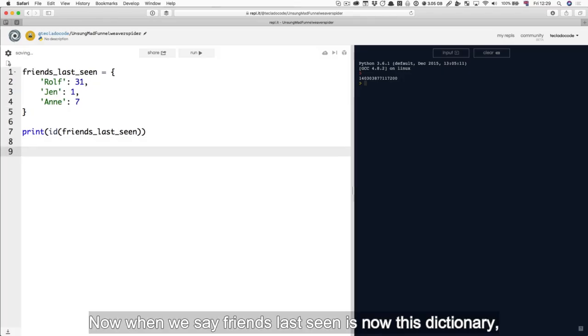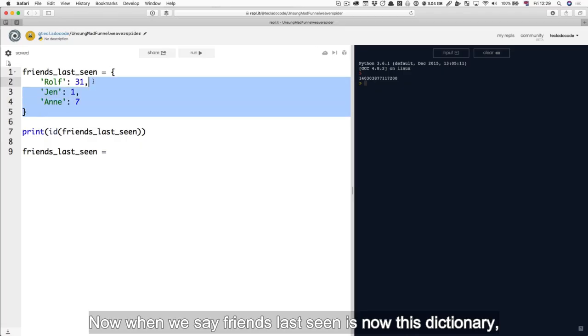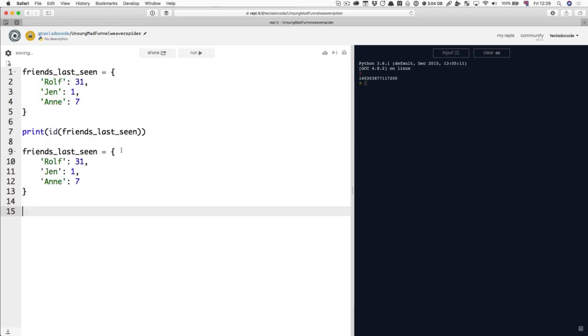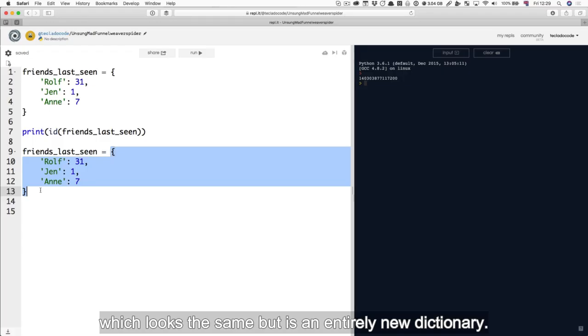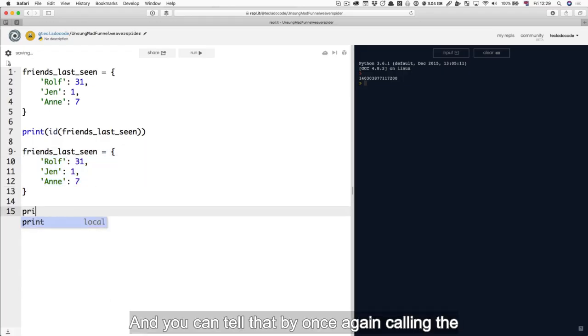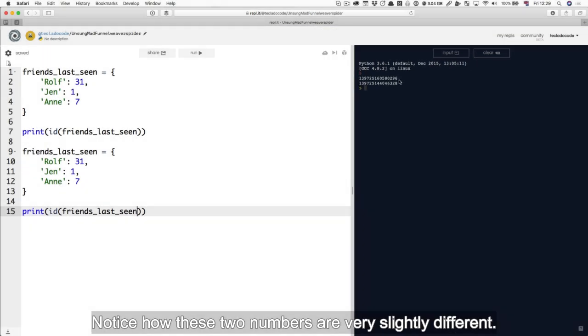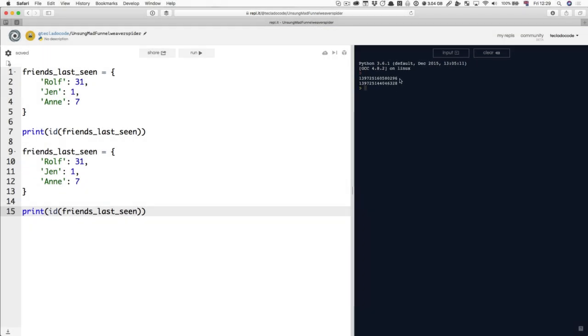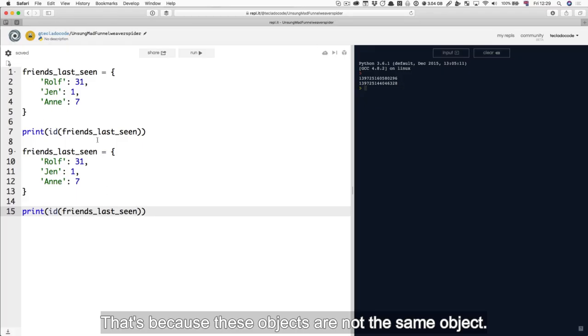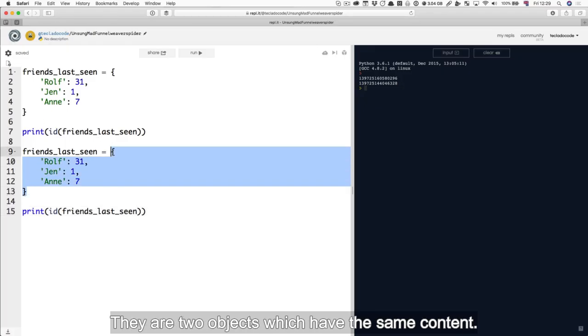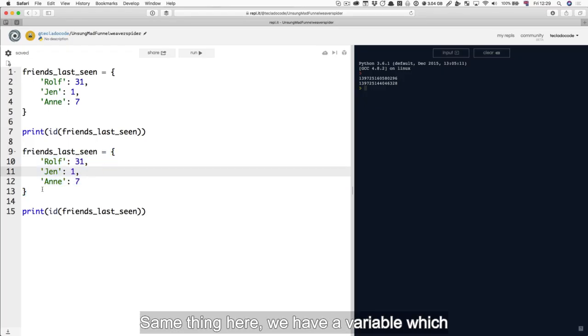Now, when we say friends last seen is now this dictionary, which looks the same, but is an entirely new dictionary, you can tell that by, once again, calling the ID of friends last seen. Notice how these two numbers are very slightly different. That's because these objects are not the same object. They are two objects which have the same content. Think, for example, of two cars coming out of a production line. They both have four wheels, a steering wheel, they both may be red, they both be the same make and model, but they are not the same car. Same thing here. We have a variable